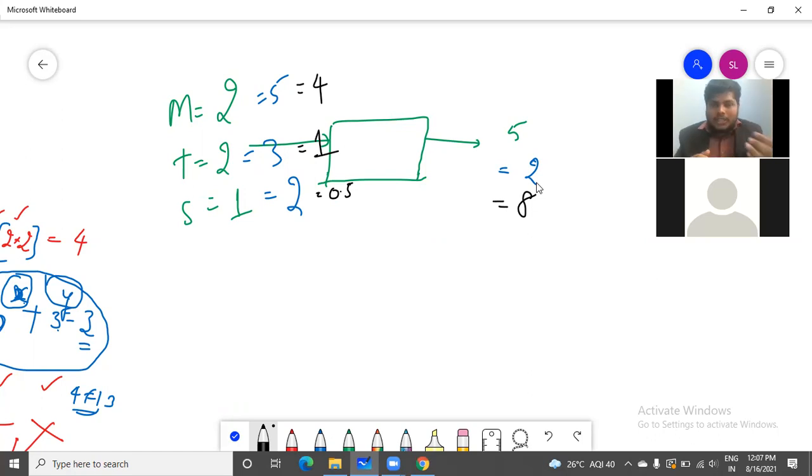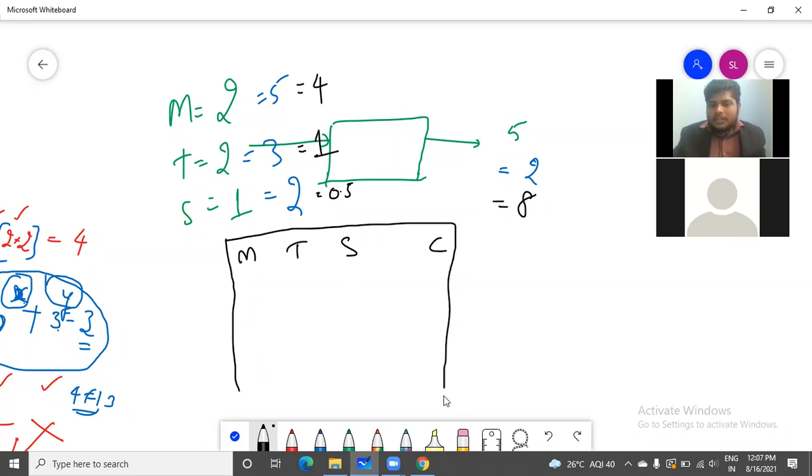This model which I am talking about has a lot of inputs and a lot of outputs, right? So this is known as data preprocessing. In the data, I will take M, T, S as my input and, let's say, coffee, C, as my output. This is my data, which is my Excel sheet. Every day I come to my shop, create this tea and check the taste of that tea. Instead of a robot, I myself am tasting it and giving a scale of 1 to 10.